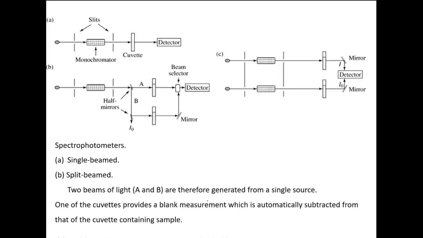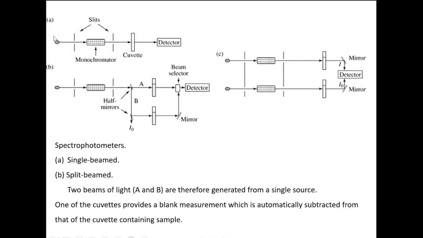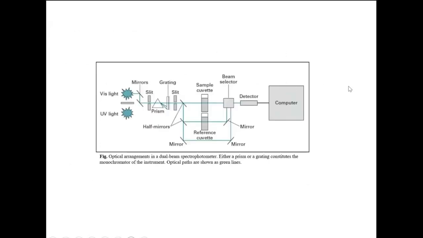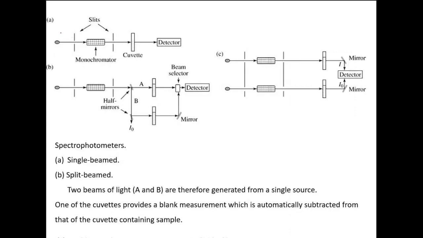The first category is called the single beam spectrophotometer, one of the oldest types of spectrophotometer. As you can see here, the single beam spectrophotometer contains only one light source. Of course, there will be a monochromator, which is nothing but a prism, separated by a pair of slits, and there is a cuvette holder